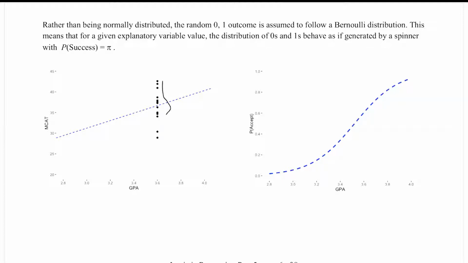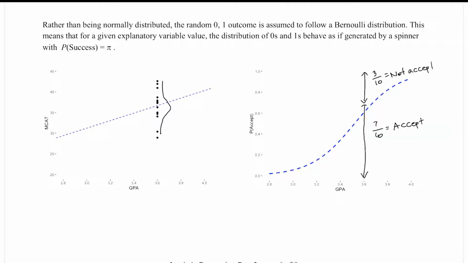So in this graph on the left, we did ordinary least squares regression of MCAT versus GPA. And our assumption when we create that model is that, for example, these outcomes for GPA of 3.6 are roughly normally distributed. Whereas in the logistic model, we're talking about this spinner idea. So we're saying, do the outcomes behave as if they were generated by a spinner with a constant probability of success, and that value of the probability of success might be different at each different GPA,